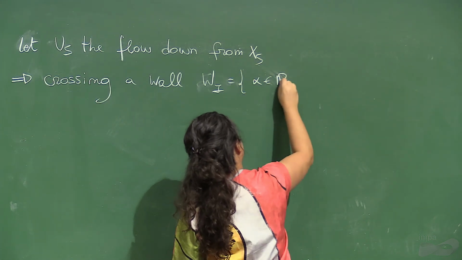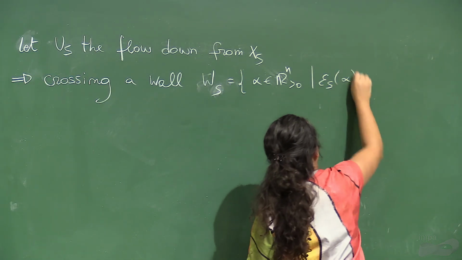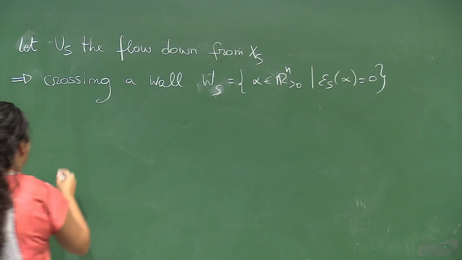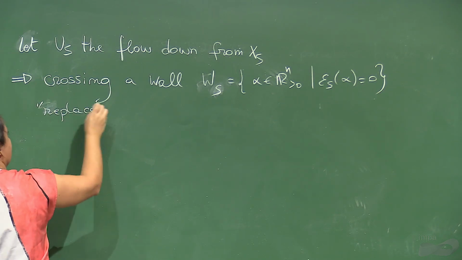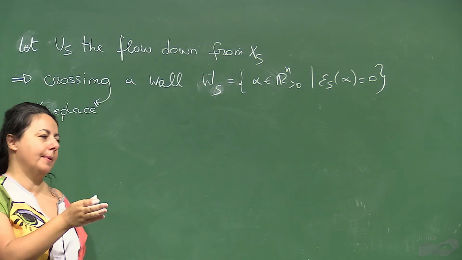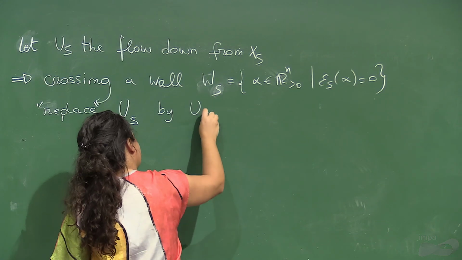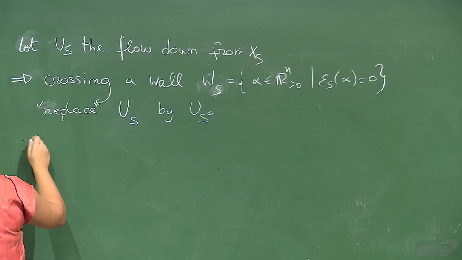These are the alphas such that epsilon S of alpha is equal to 0. Then we have that crossing such a wall replaces this with this replacement. There is a Mukai transform that is the blow up of US, and it's the blow down along the cotangent bundle to US complement. But as these things have the same dimension, in a way, you don't see the wall crossing, meaning that the moduli space of hyperpolygons X alpha